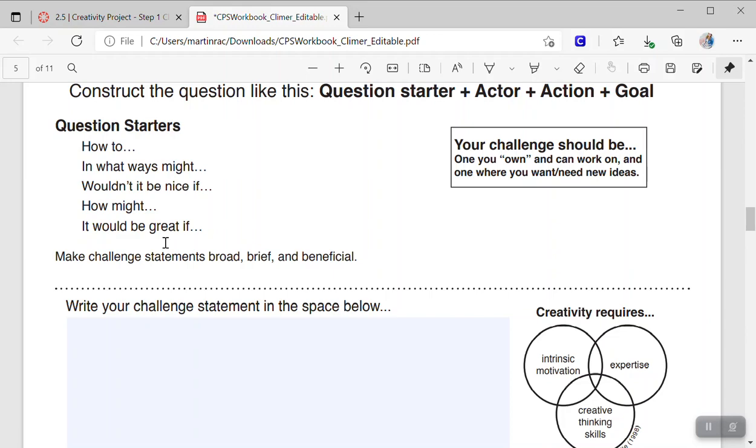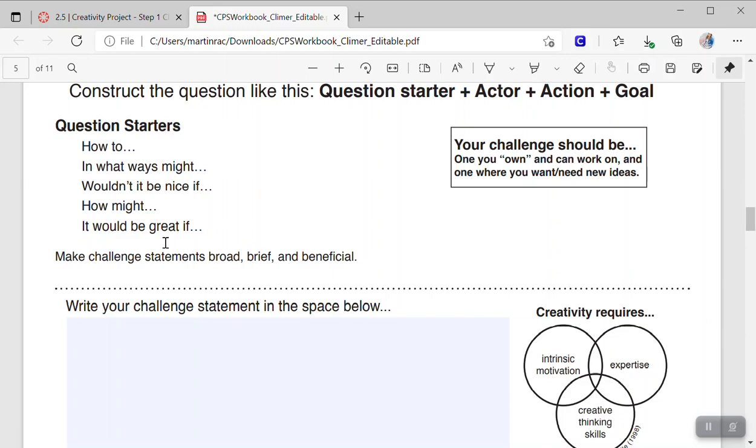A general statement. Please do not put in, it would be great if I had all my lesson plans done for next school year. That's not a creative endeavor, okay? It would be great if I got along with my team members at school. Not a creative endeavor. Goals, yes. Something I hope that you aspire to do, yes. But not a creative endeavor or an invention.